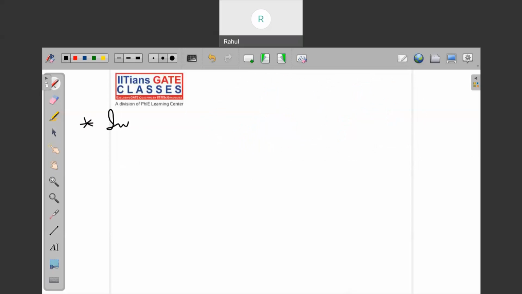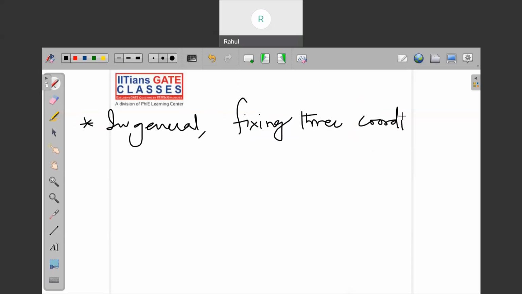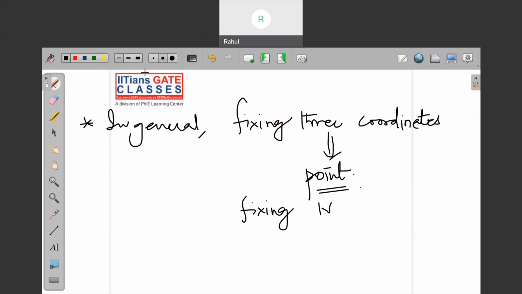So in general, in a three-dimensional coordinate system, fixing 3 coordinates will give you the point. If you fix 3 coordinates, you are going to get a point. And fixing 2 coordinates,